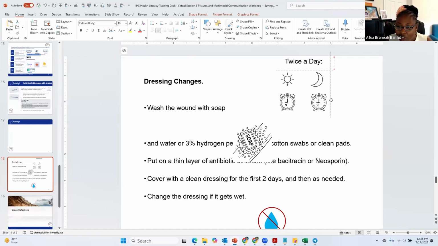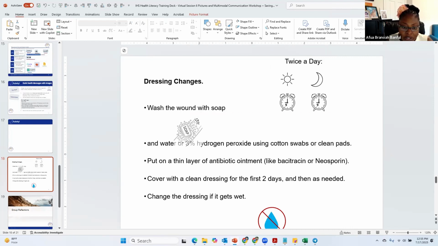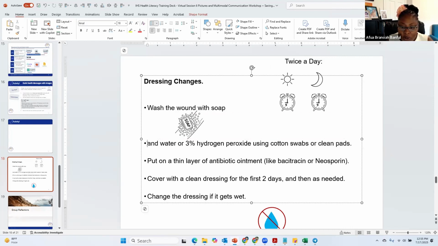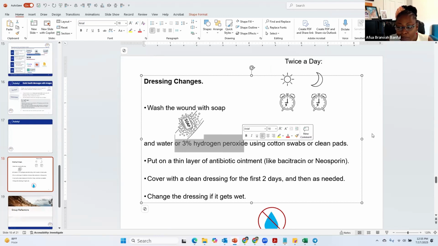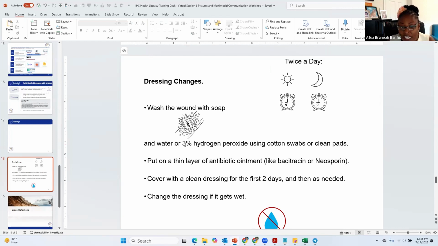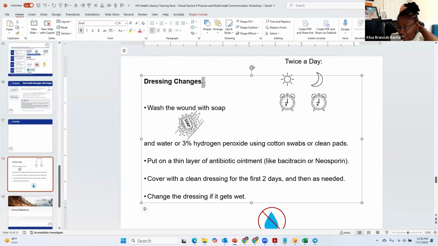So imagine that this is a handout. This suggests 9 in the morning, 9 in the evening. Wash the wound with soap, right? So even getting the attention that you are washing with soap, this hydrogen peroxide using cotton swabs or clean pads could be another thing that you put an image about. And then even the title, dressing changes, you could put something around